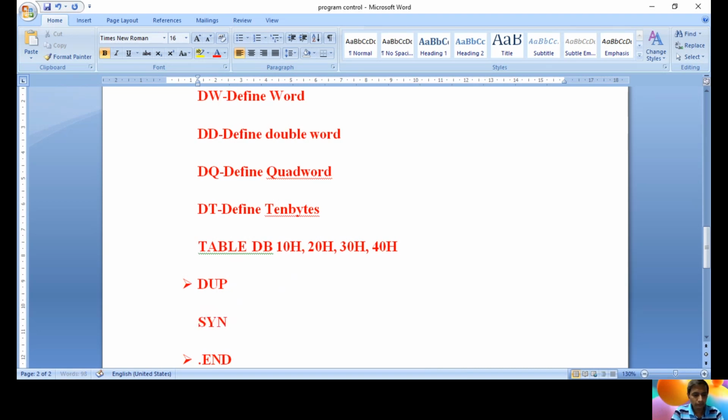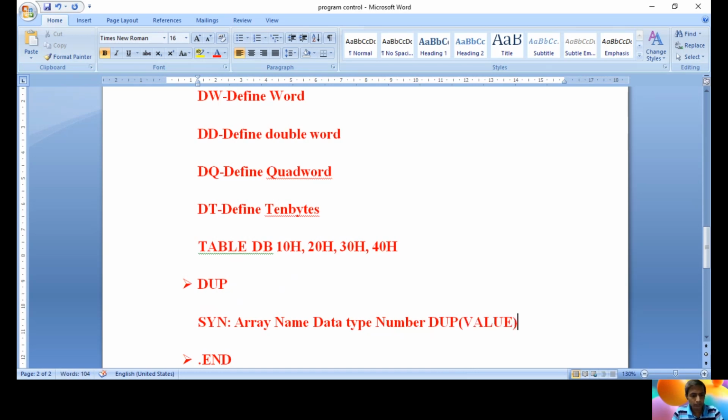Let us see the syntax for this so we can understand. The syntax is: array name, then data type, then number, then DUP, which is the duplicate shortcut, then the value in brackets.